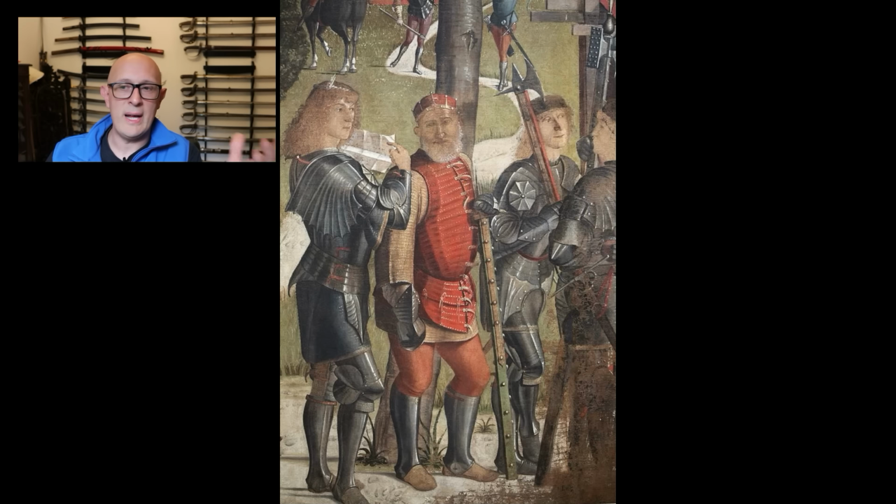In fact, none of these people have got helmets on because they're not actually in the act of fighting, so we can't really make an awful lot of judgment about their face or head protection. But nevertheless, to point out, many infantrymen would be armoured like this guy in the middle. Some people also might argue that he is in the process of perhaps putting more armour on. Maybe he hasn't donned all of his armour, maybe he has pollaines and cuisses which should be worn with this,